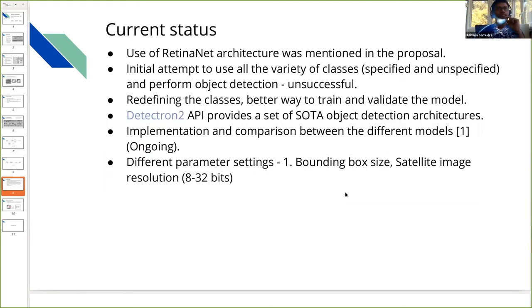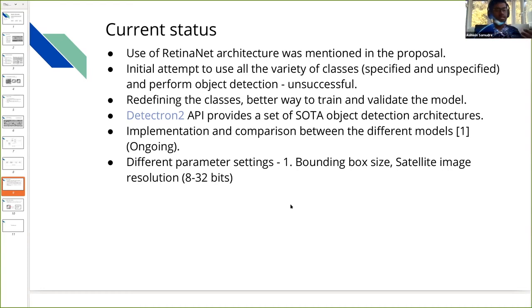So the current status of the project is, in the proposal, I had mentioned that I'll be using the RetinaNet architecture. I started with the RetinaNet architecture, but there were some issues. Like I mentioned, we had a lot of classes, and the data for each class was not too much.